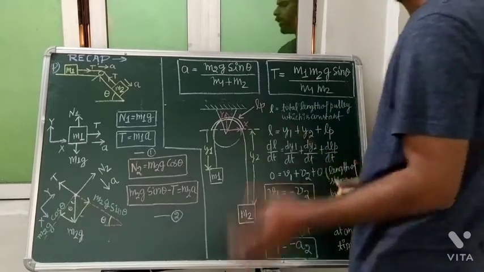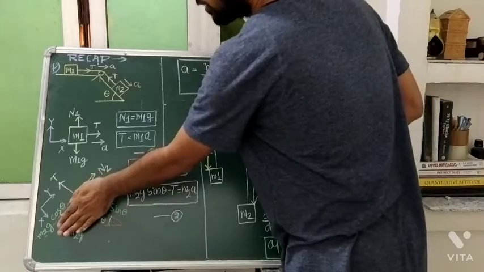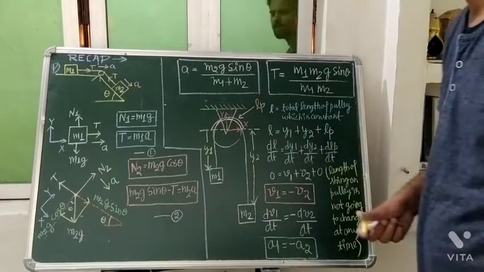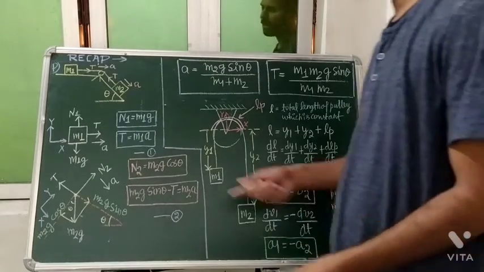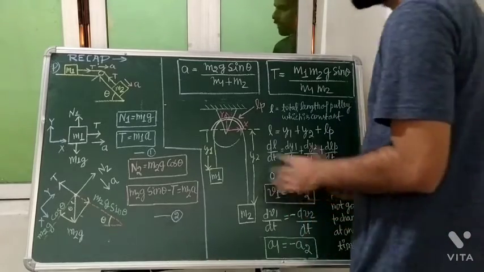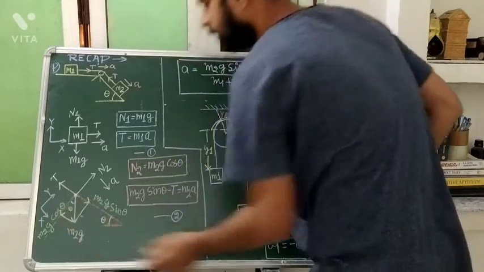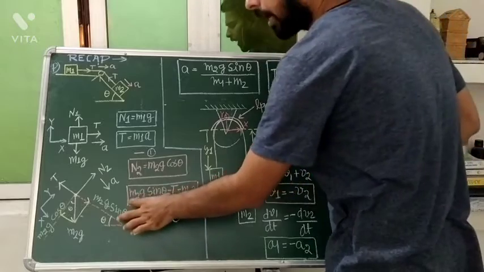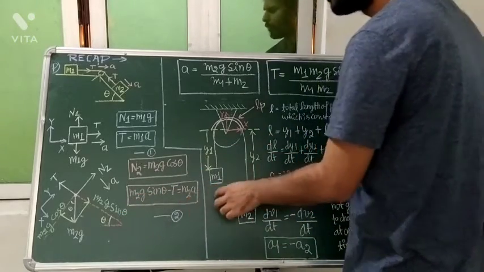So when we apply Newton's second law in the y direction, it tells us that N2 will come out equal to m2g cos theta, since no acceleration is present there. So the normal reaction will be m2g times cos theta. And in the same way, when we apply Newton's second law in the x direction, what will we get? m2g sin theta minus T, that is F external, should be equal to what? Mass times the acceleration of the body, m2a.